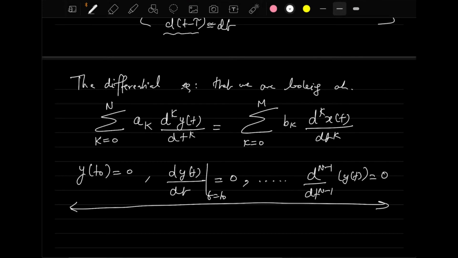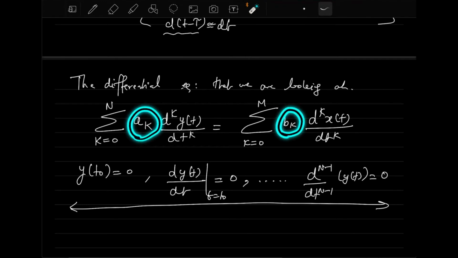Time invariance is anyway there in this, but that has to be kept in mind, because time invariance is there because these coefficients are constant. But since we are assuming that these coefficients are constant, there is no point of discussion about time invariance. But for linearity, you can only ensure it if your initial conditions are 0. So this is a point that has to be kept in mind. So any questions here regarding this?